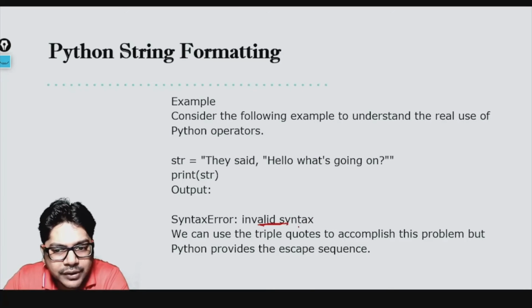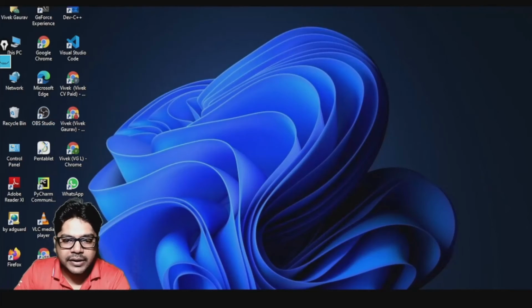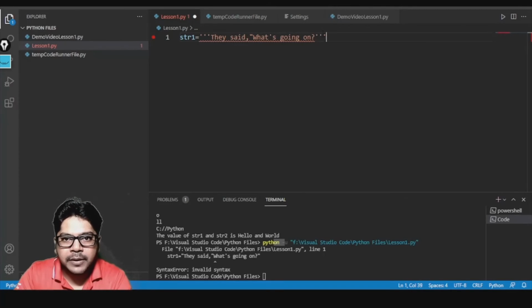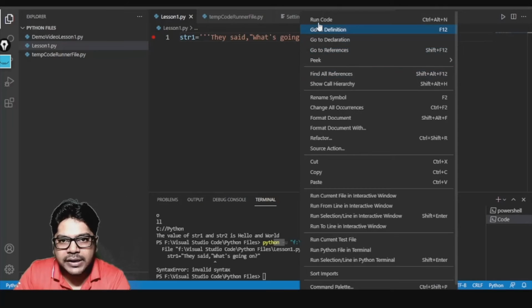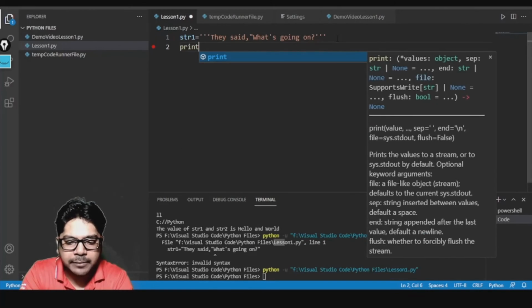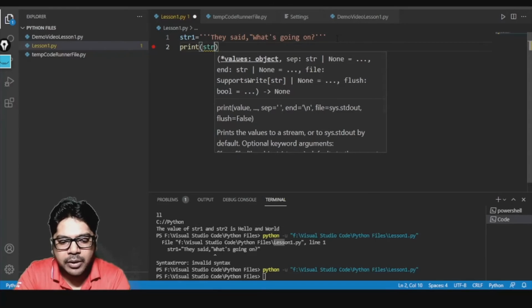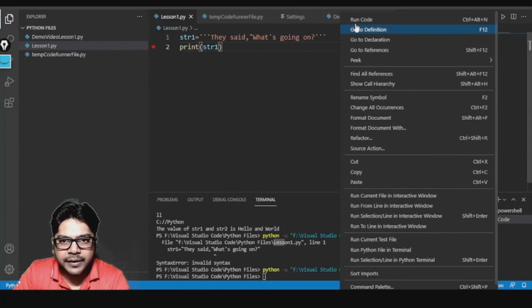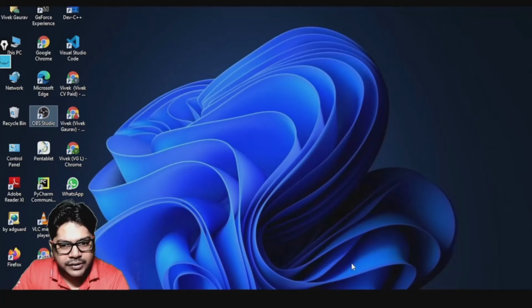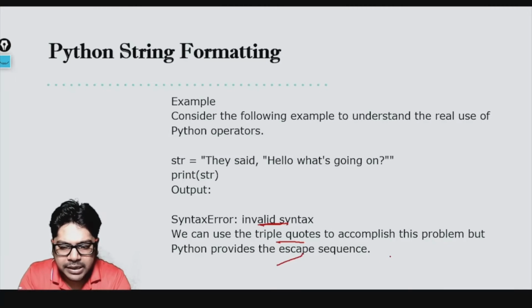Now one way is that you can use triple quote to solve this problem, right? So let us go and try this. If I put a triple quote in the beginning, and at the end I put a triple quote, is my problem solved? Yes, my problem is solved. If I write print str1, my problem is solved. So this is one way of solving it, and I can get exactly what I have written. This is one way, using triple quote if you have multiple things in between.